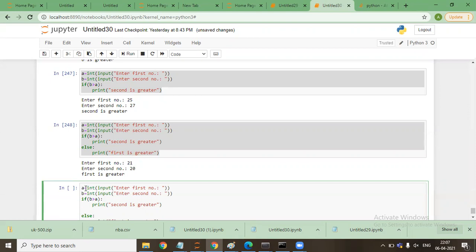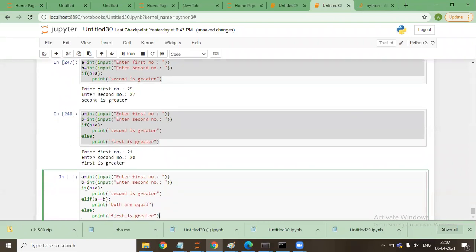Then I use elif A equal to B, print both are equal.